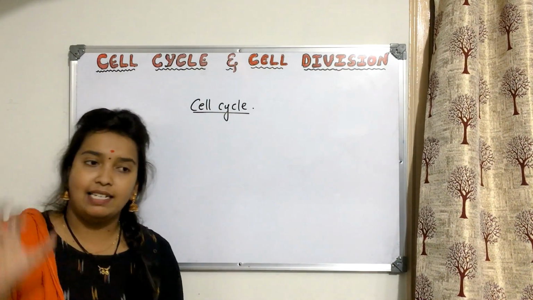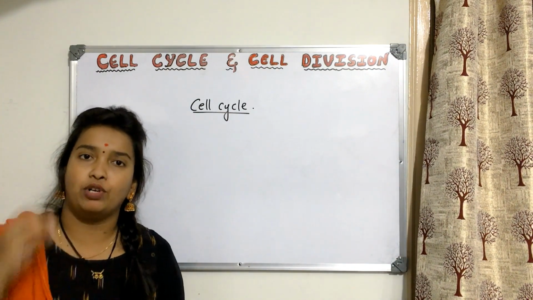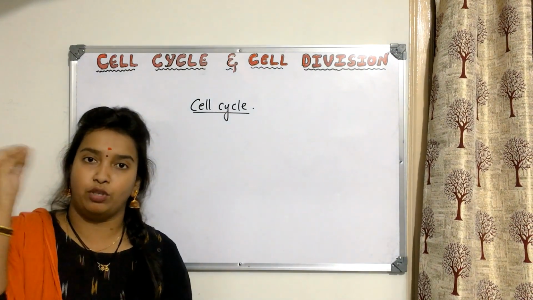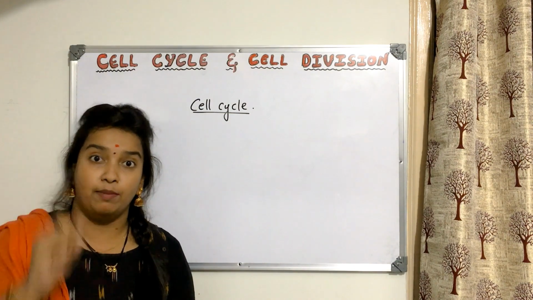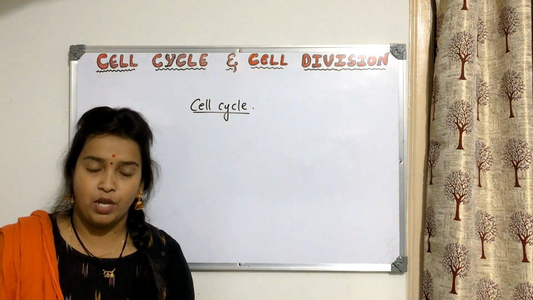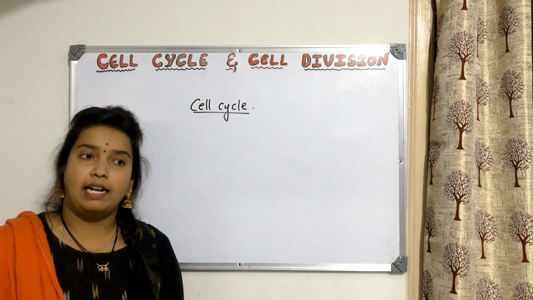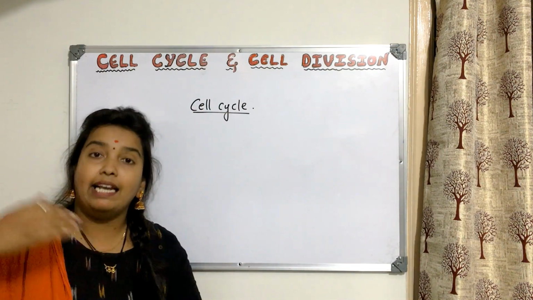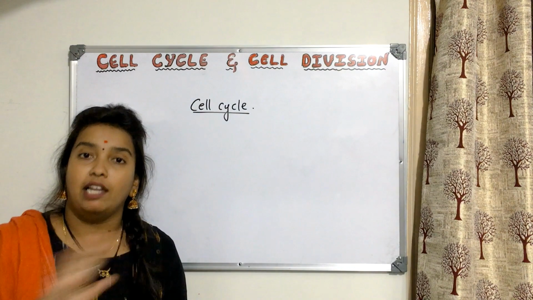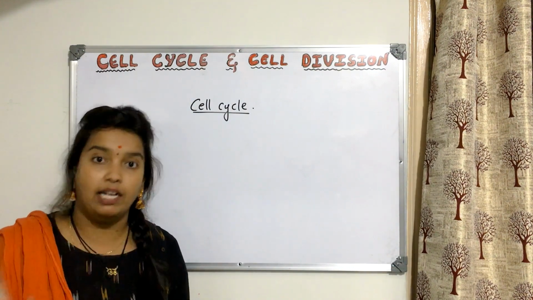That means to understand the concept of cell cycle, a lot of things should be there in your mind. A lot of knowledge is important, a lot of basics are important here. So in brief I'll be explaining about cell cycle. In brief I'll tell about cell division. Then in detail we will go so that it becomes clear for you. Hereafter you should not have any confusions with that.